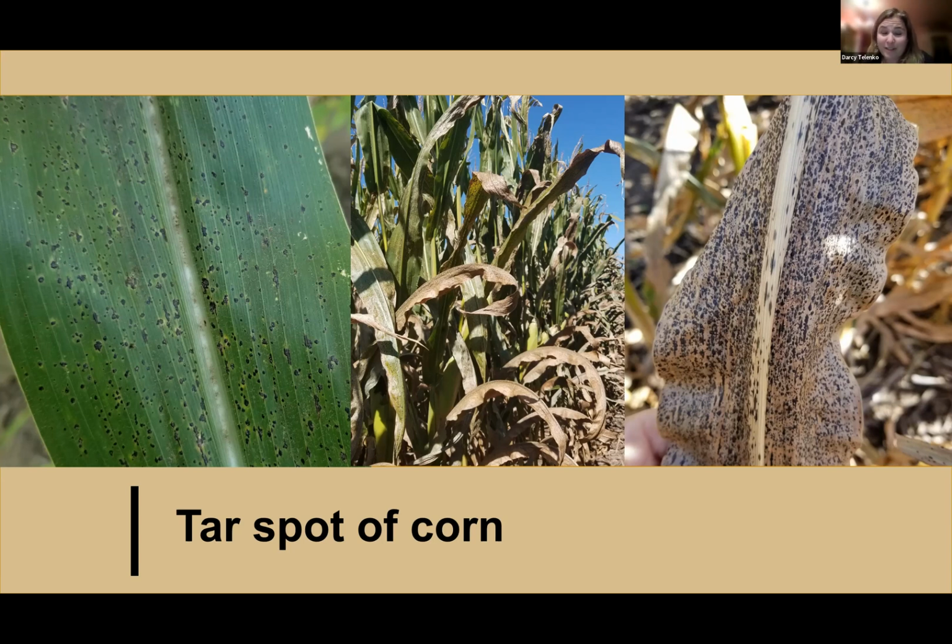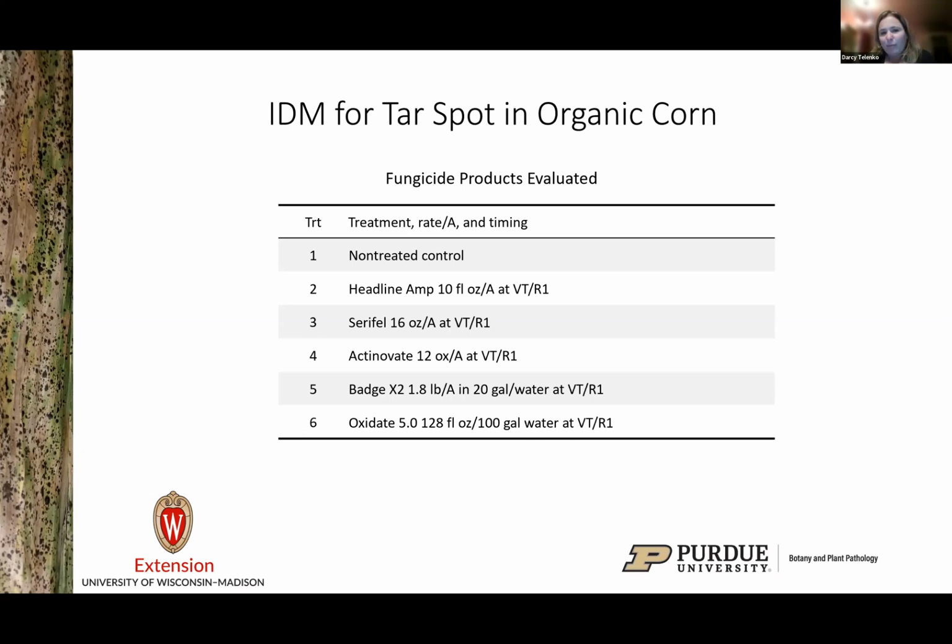And so I've been in fields this last season. We had another severe epidemic. We were at dough stage in some of those fields and all the leaves were brown. So there was really nothing left to push that corn through to the end of the season. And so we did get out, and we do have a good site where we're trying to evaluate some of